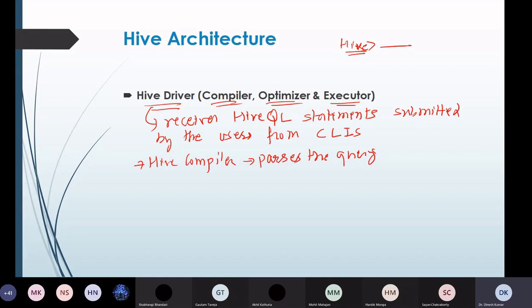So its role is to parse the query, wherein it performs the semantic analysis and type checking on different query blocks, and then it generates the execution plan.